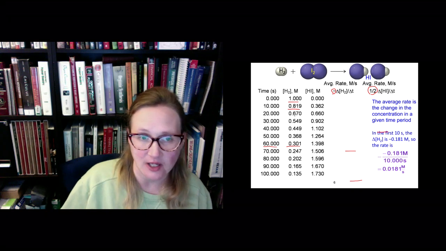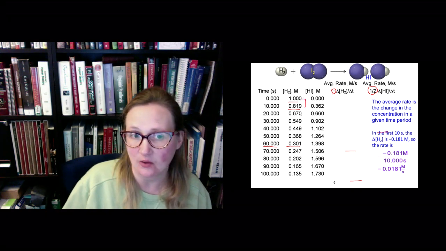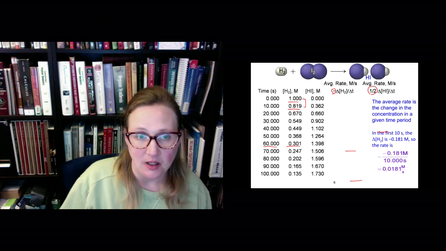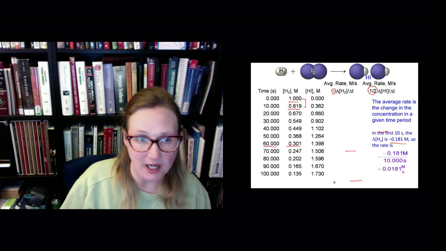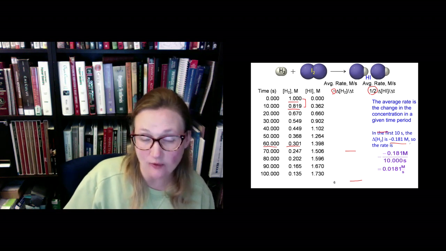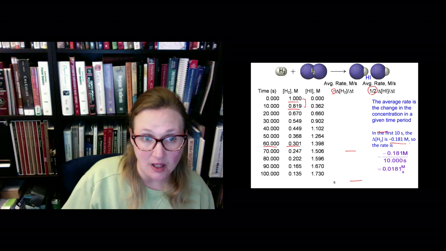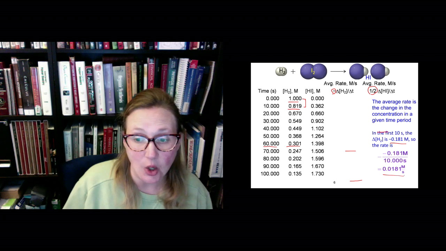All right, and how did I get that? Well, I took 1 minus 0.819. All right, and that leaves us with minus 0.181 molar. Okay, so that's how much the concentration changed over that given amount of time. And the amount of time is 10 seconds, so we have to divide by the amount of time to give us 0.0181